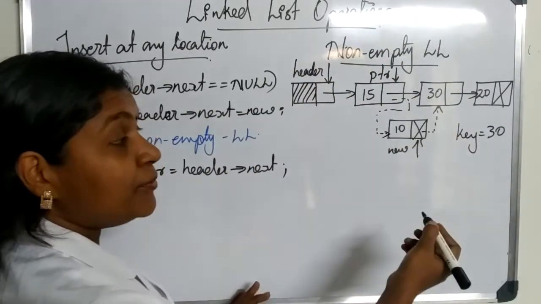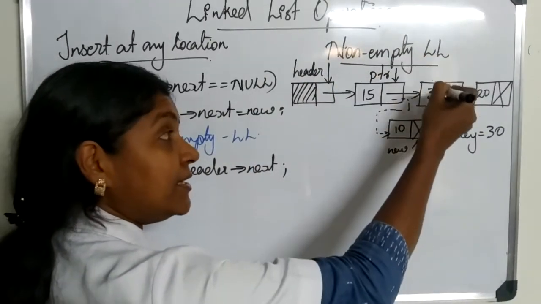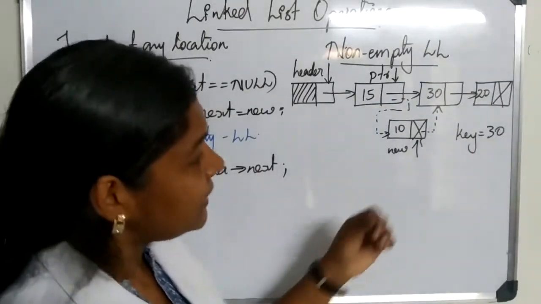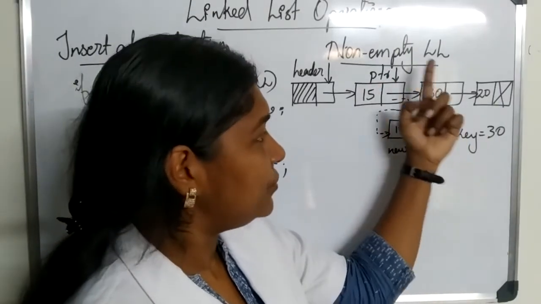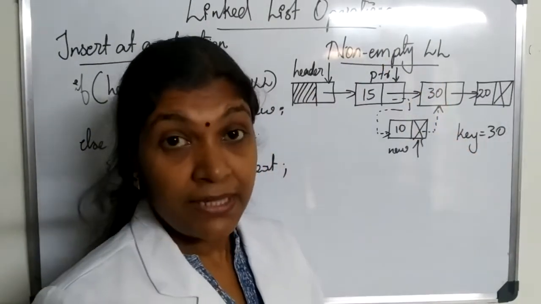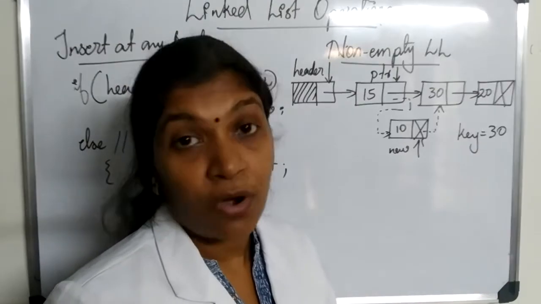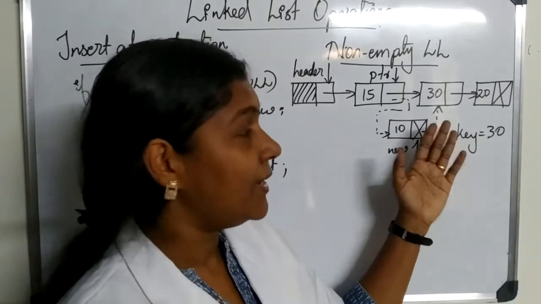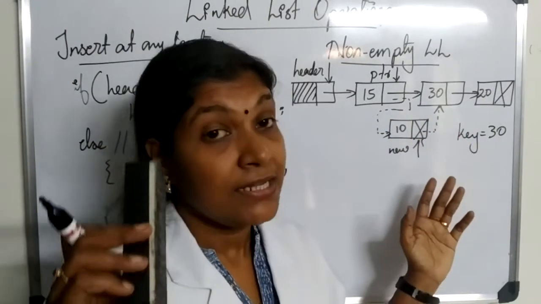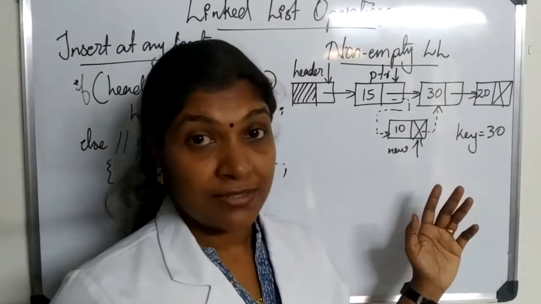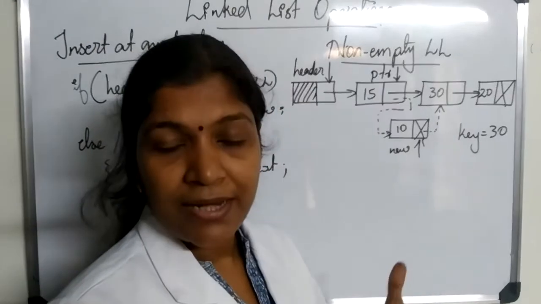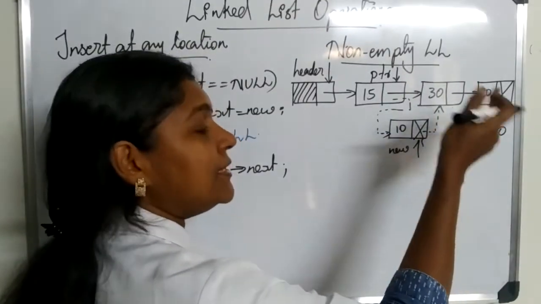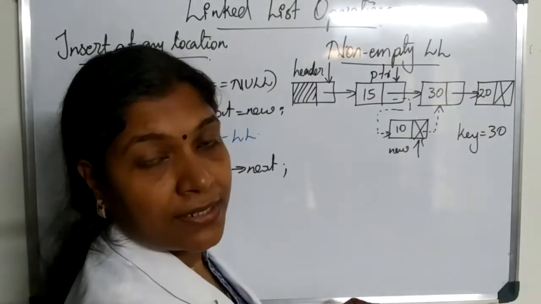Then what am I supposed to search? I should reach the element which contains our key element. Or if the key element is present, then we should reach the key element, and there can be a case where the key element is not present. If we enter an element by mistake which is not present in the list, then that case also our program should consider, right? So we should write a general code which considers both these cases, that is, the key element present and the key element not present.